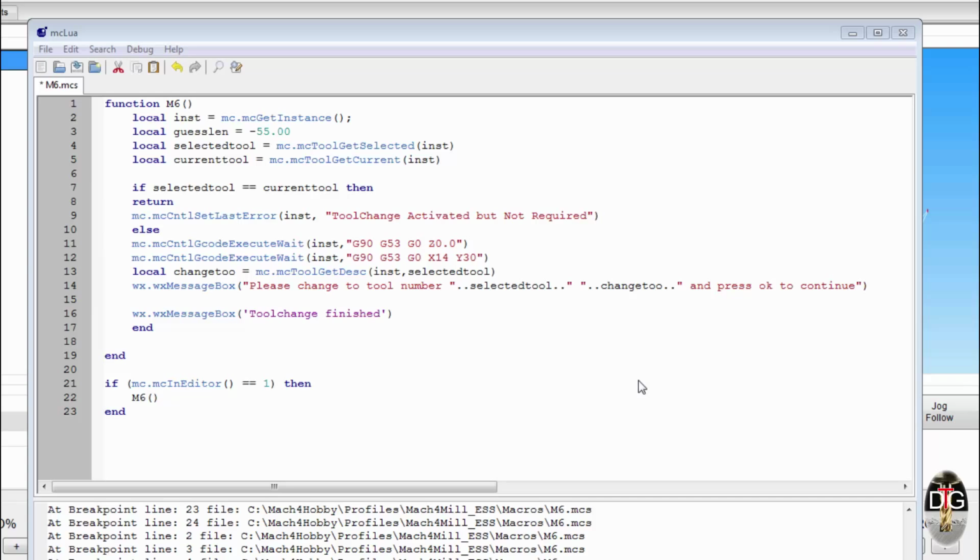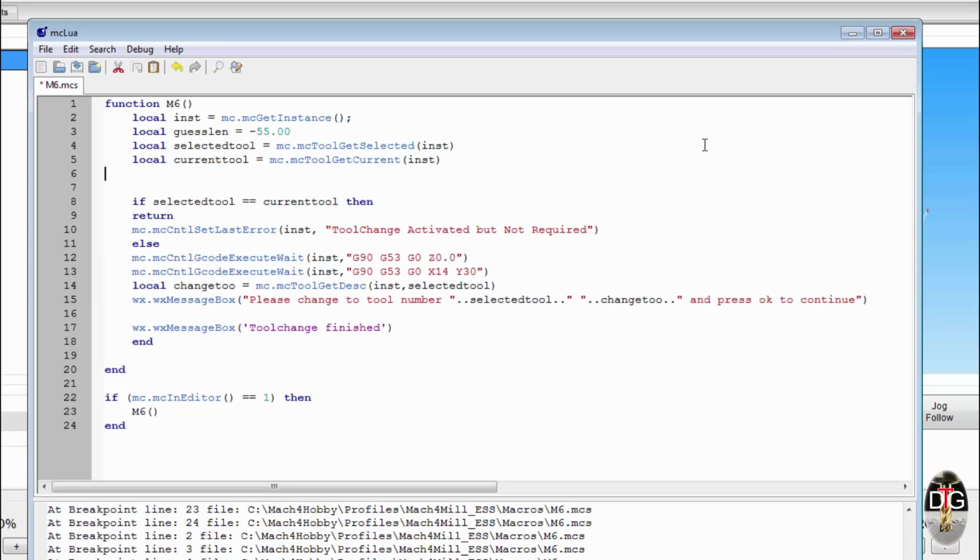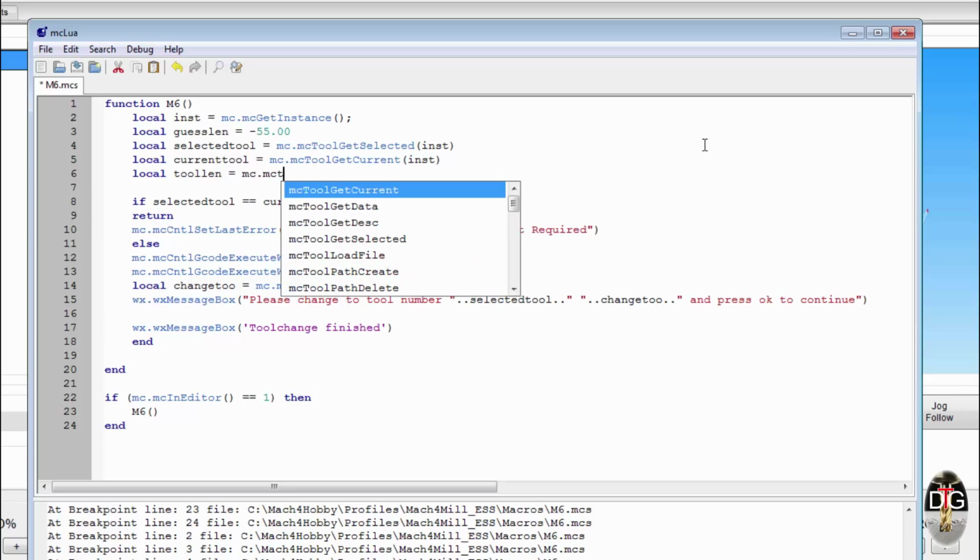So we're going to have to reference the current tool. We will need the variable of what the current tool is. So the variable for this will have to go underneath the current tool, and what we're going to do is make another variable called tool length, and that's going to equal to get the data out of that table. Now we're going to use MC tool get data,